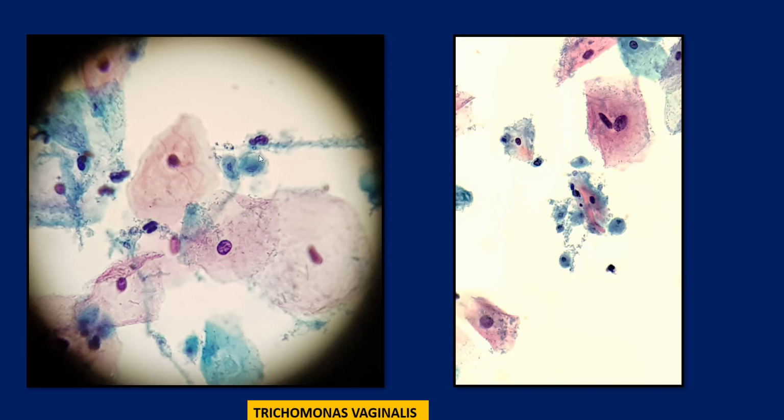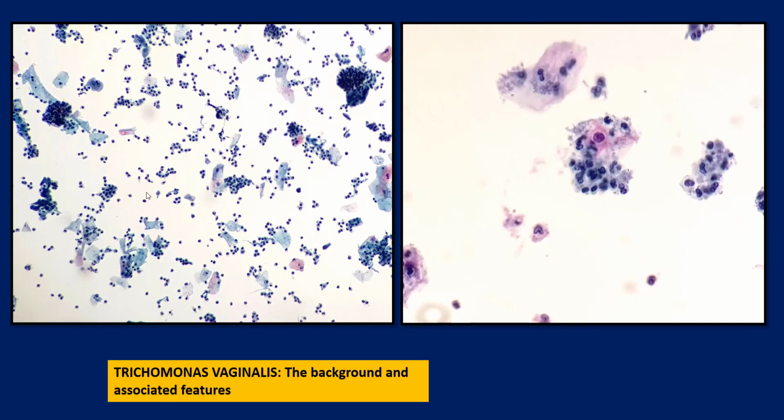So this is another picture of Trichomonas vaginalis where the nuclei, eccentrically located, appear to be a little bit more clear. As you see over here, they often are adherent to the epithelial cells, which tend to show some degree of cytolysis. One very interesting thing is to be alerted to the possible presence of Trichomonas vaginalis from the smear background. There is usually, not always, a lot of inflammatory cells, neutrophils, which tend to produce